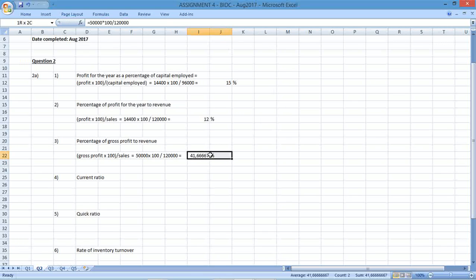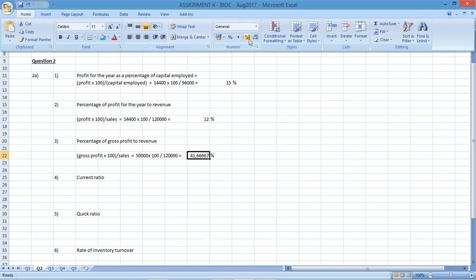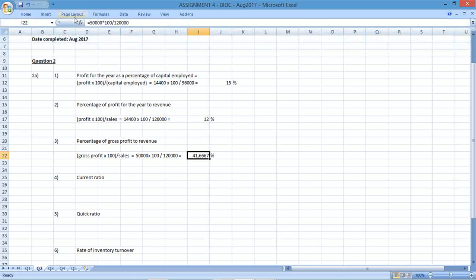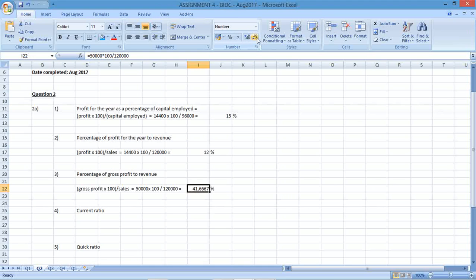That one you could obviously round off to the nearest percent or the nearest 1 or 2 decimal places, depending on the information in the question. Here they didn't tell me what to round off to, so I'm just going to leave it as 2 decimals, or let's see, let's round it off to 1 decimal place. It'll be 41.7,